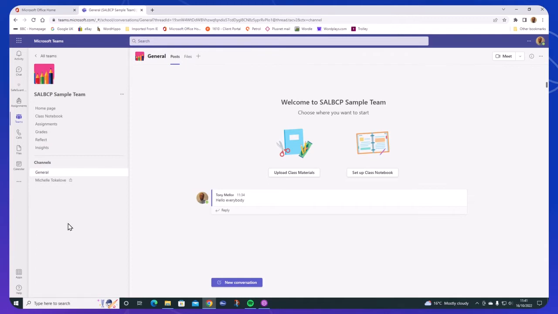Now let's look at the first of the two main things you use Teams for, which is messaging. If I'm in the general channel and I send a message using this new conversation button, that message goes to everybody in the team, and the same would apply with you. So you've got into the team, you're on the general channel, you want to send a message to everybody, you click on new conversation. That brings up this dialog box at the bottom. You just type in your message that you want to say,